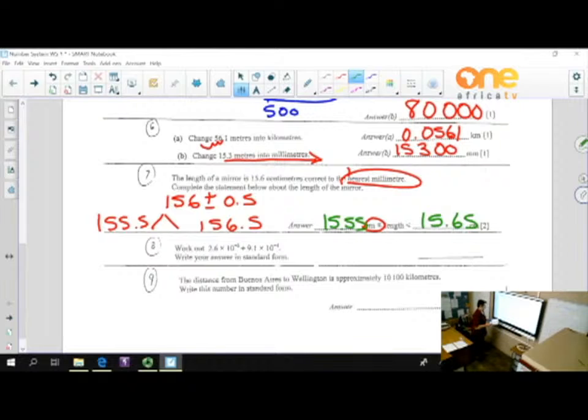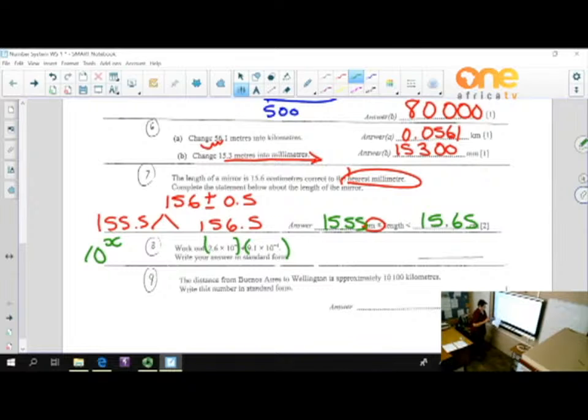Question 8. Write your answer in standard form. Now first we have to do the sum. You'll have to use brackets here, otherwise we won't get the correct answer. Now on your calculator, there's a button at the bottom which says 10 to the power of x. Can you see that one? This is what we're going to use here. So brackets, 2.6, 10 to the power of x,